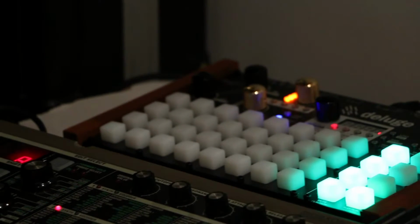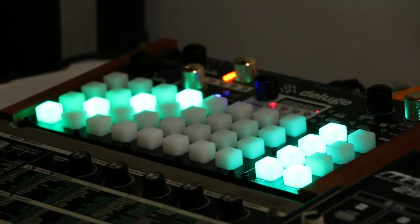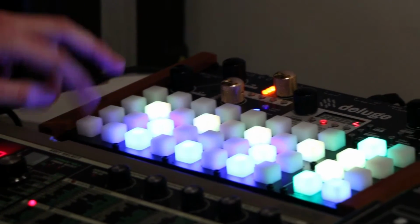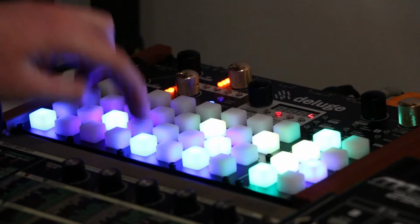So I use it mainly for improvising actually, back to the jazz thing, like tapping out little beats and little melodies and chord progressions and stuff on it. For instance, what I've got here from that performance earlier is drum beats, just a little 808 kit. And you can sort of